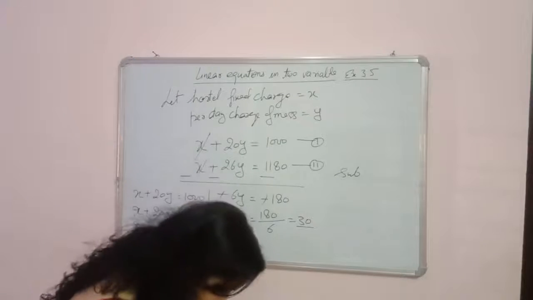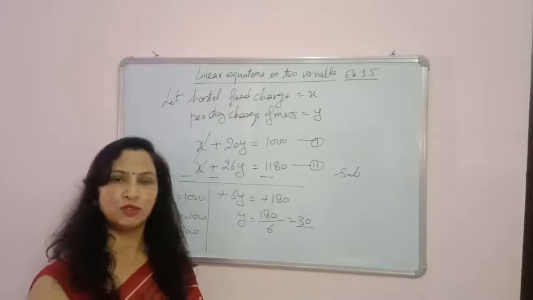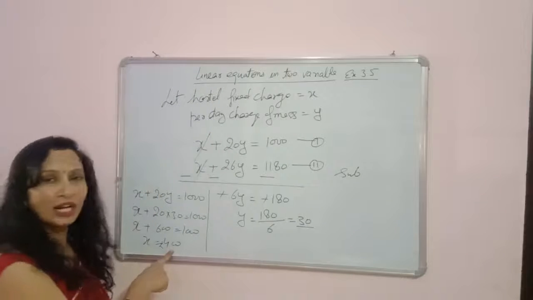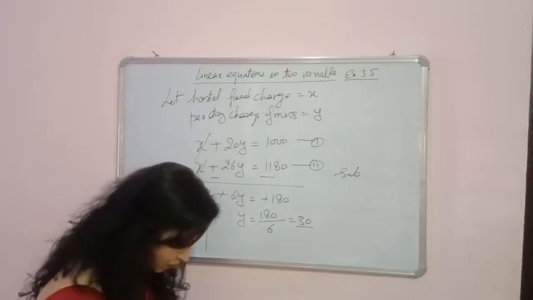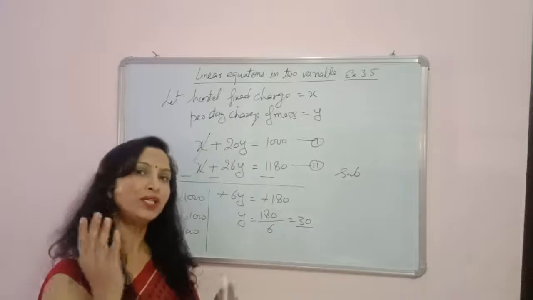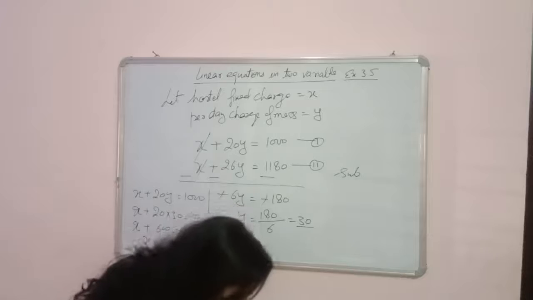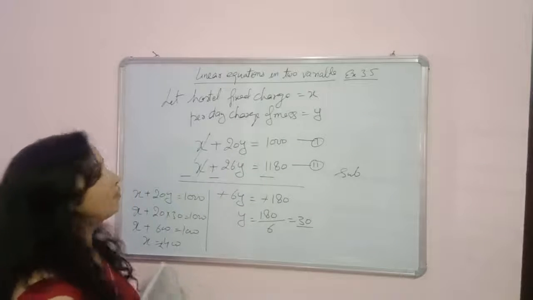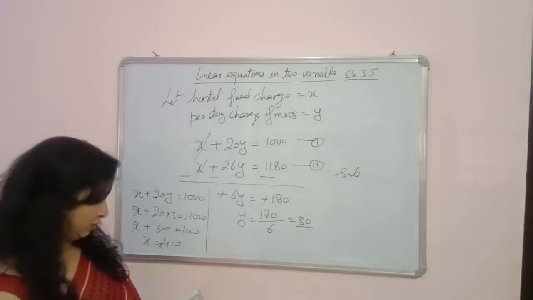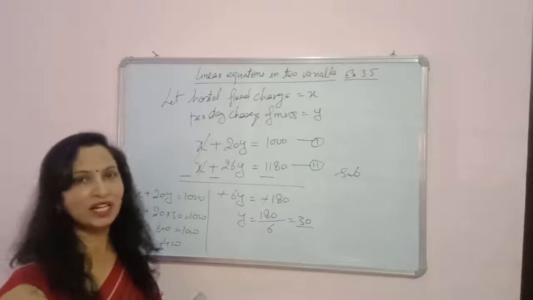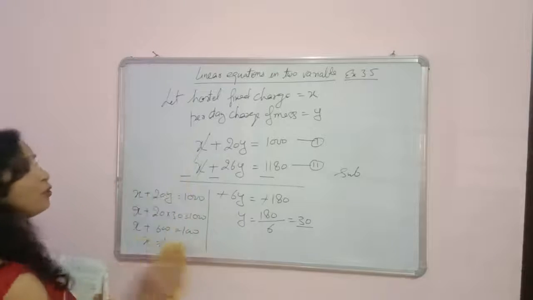Like in the question, you have to find the fixed charge. So you will write the fixed charge is rupees 400. And the per day charge for food is rupees 30. So it's important to write down the unit with the values. Okay. This is the first part of question number 4. Now we are going with the next part of question 4. You can pause the video for writing this answer. I am going to rub this board now.